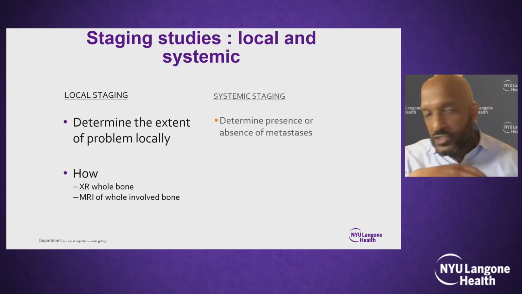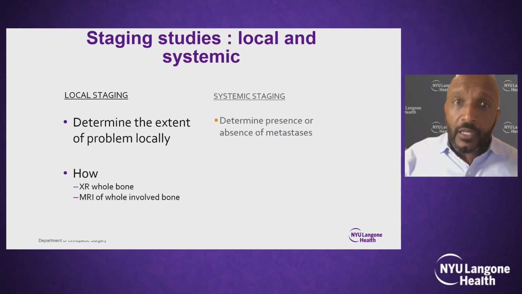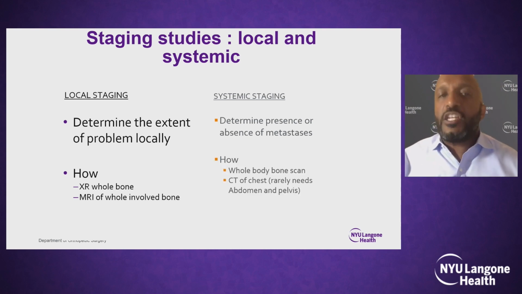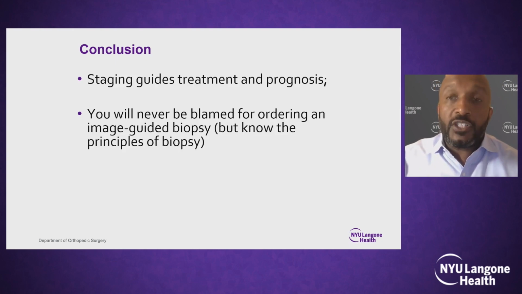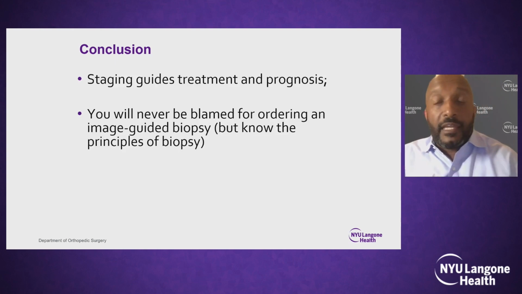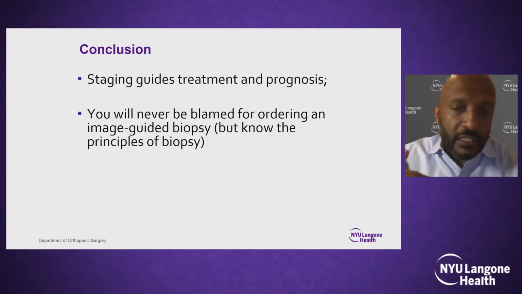Sometimes it's not just an MRI of the knee. Sometimes we have to get the MRI of the whole bone, and that's where the staging matters. The staging matters to determine the presence of this lesion. Is it local, or is this metastatic? It helps us guide our treatment, and it helps us talk to the patient and give them some idea about